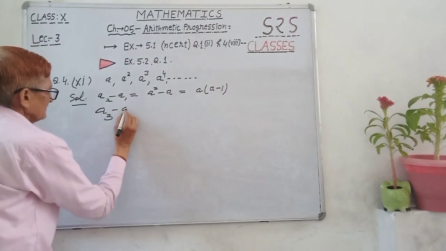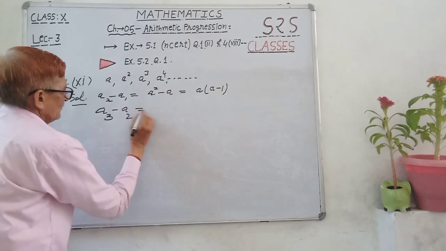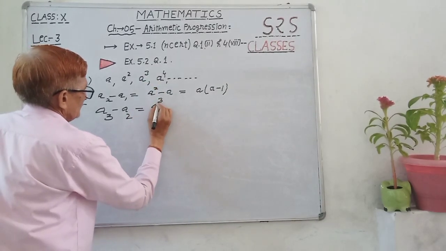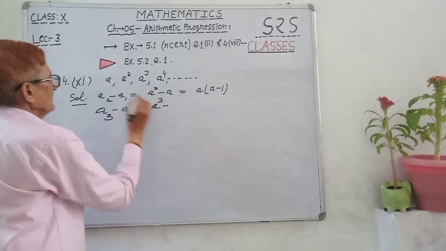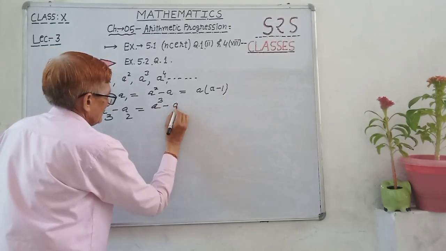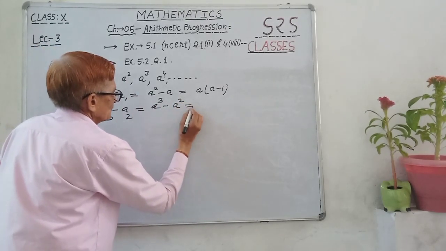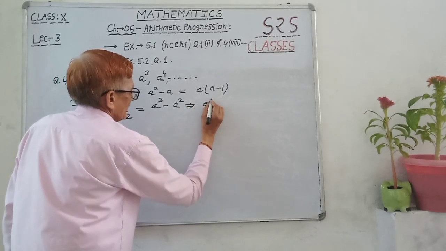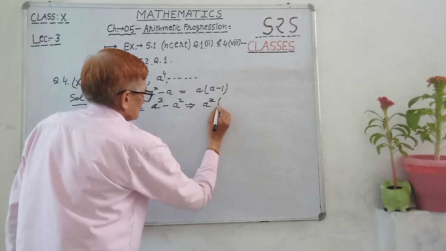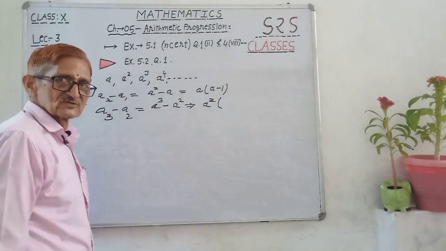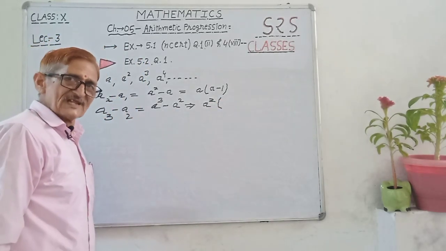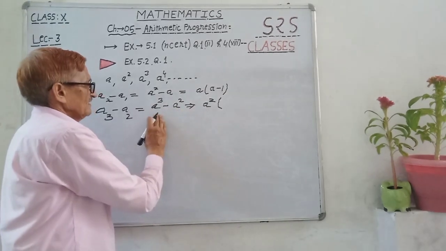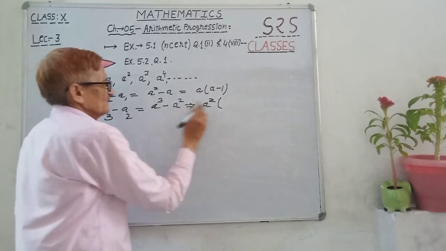Okay, after that A3 minus A2, A third term A cube minus second term A square, highest common factor A square. ओके, ए स्क्वायर हाइएस्ट कॉमन, ये तो अनलाइक है, ये भी नहीं माइनस हो सकते, इसलिए कॉमन लेते हैं जब ऐसे पोजीशन आती है. हाईएस्ट कॉमन फैक्टर A square, देन A minus 1.